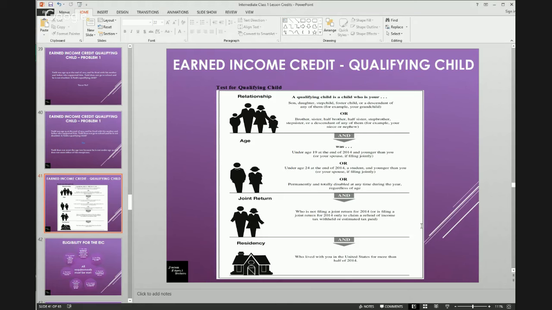They need to pass the joint return test, which is they cannot file a joint return unless they are only filing the joint return to receive back income tax withholdings, or estimated taxes that were paid previously in the year, or to validate the healthcare marketplace. So there are some reasons why you can be on a joint return and still be a dependent and part of the earned income credit. Residency, this is an important one for both the earned income credit as well as the